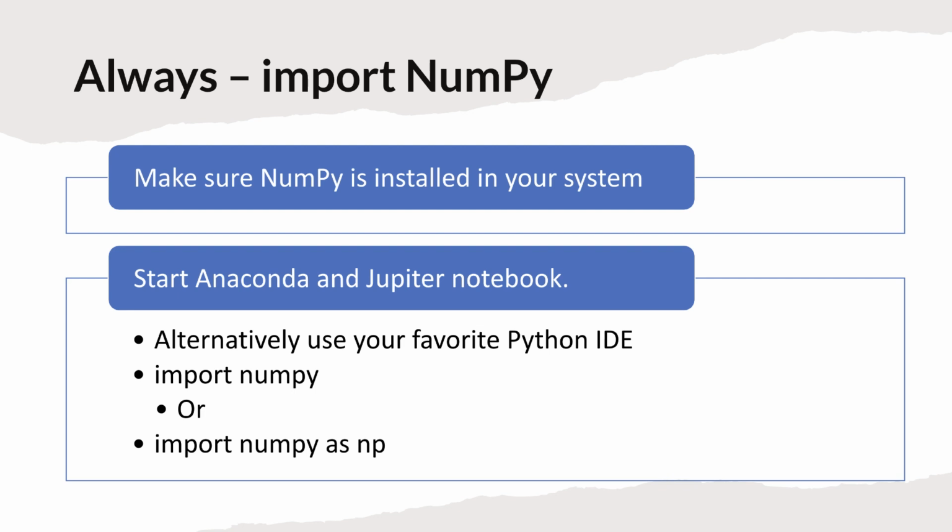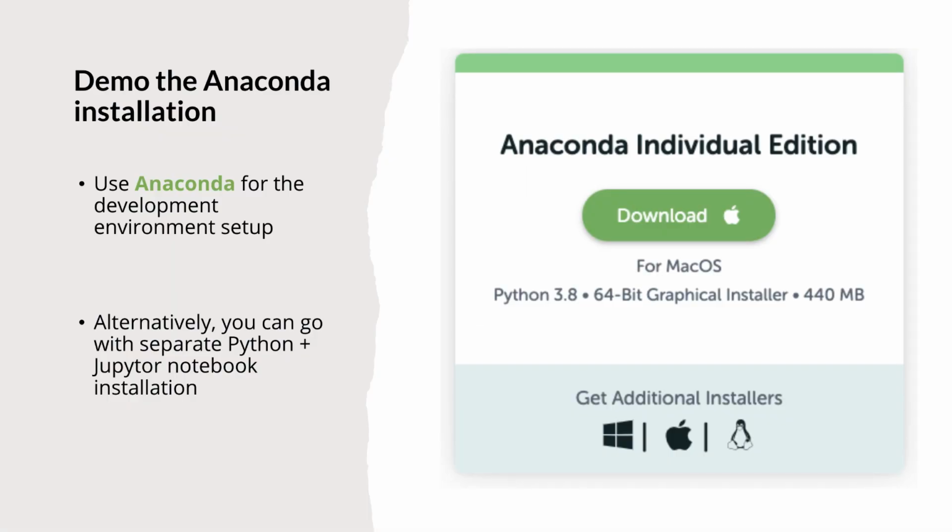Now to use NumPy, if you are familiar with Python, you can install NumPy by directly doing pip install, or if you are using Conda, you can just do conda install, and you just have to import it. You can import it as numpy or you can import it as np. For this tutorial, I recommend you set up Anaconda and Jupyter Notebook. And if you do not want to do this and you want to try out coding Python directly in a Python file and run it in an IDE of your choice, that's okay. You can proceed with that.